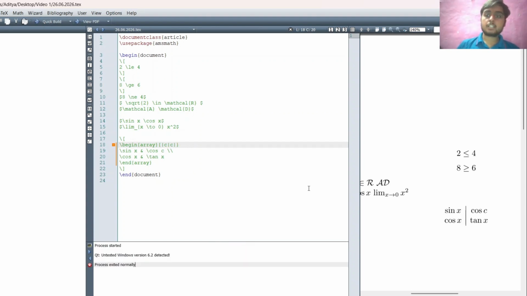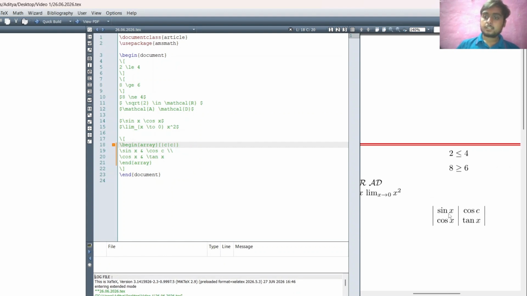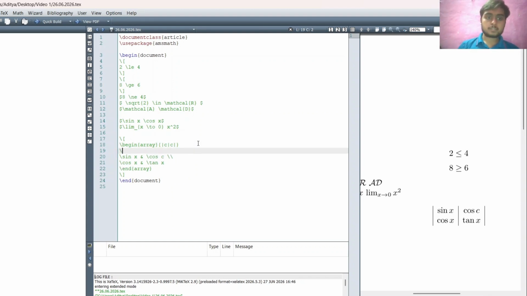So this will create a table of three lines for the two columns. And suppose I need to insert the horizontal line as well, so I have the hline command. After every particular line, I can use the hline command to insert a horizontal line. So this will create a table for me.